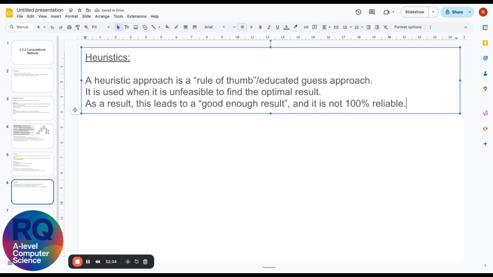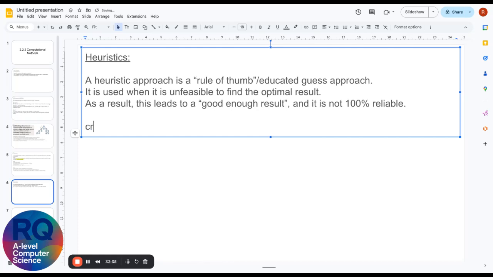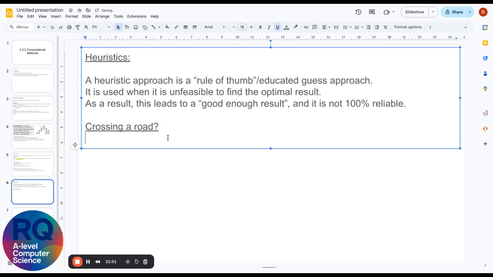Now, let me give you an example: using heuristics when crossing a road. Who knows if OCR might ask you, but they like to throw in a few application questions. So, how is heuristics used when crossing a road? It's pretty much a bit of common sense if you think about it. Let's just say you're on the zebra crossing, and you have pressed the signal,